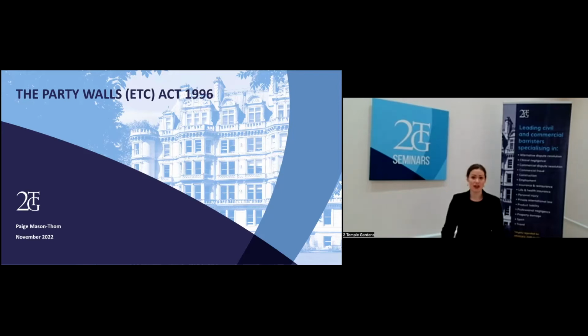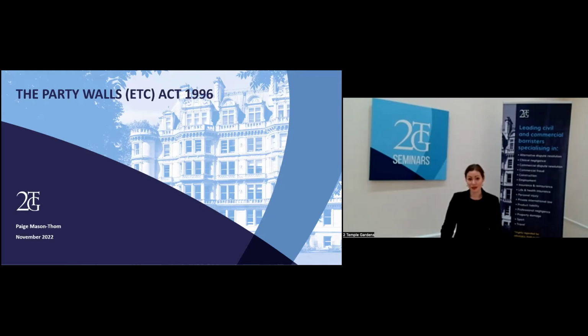A key feature of party walls cases is that they rarely end up in court because the statutory scheme was designed to avoid litigation as far as possible. So in the general run of things, these cases are unlikely to be crossing our desks on a particularly regular basis. Nevertheless, you can't keep lawyers out of the game entirely, and there are some areas on which we're more likely to be asked to advise than others. Those areas will, as far as possible, be our focus today.